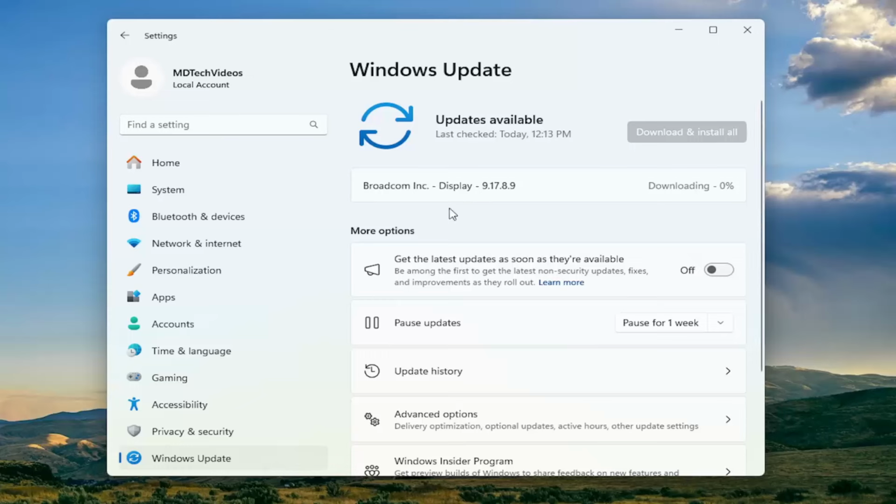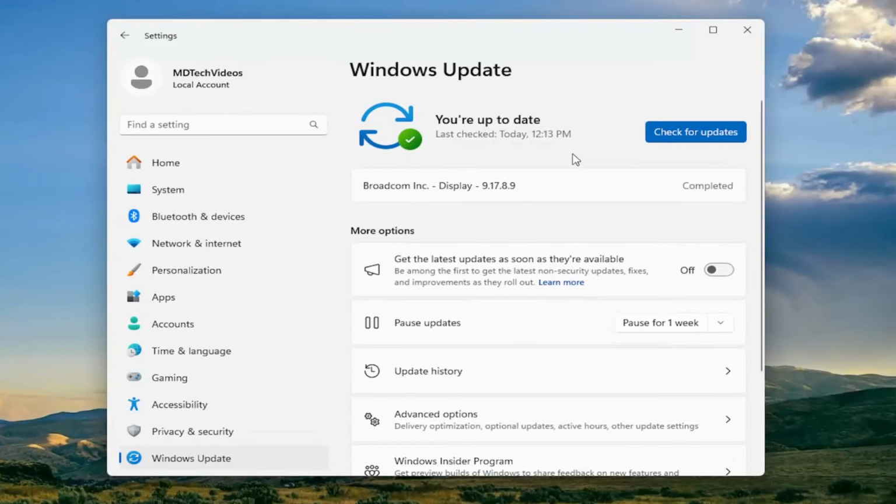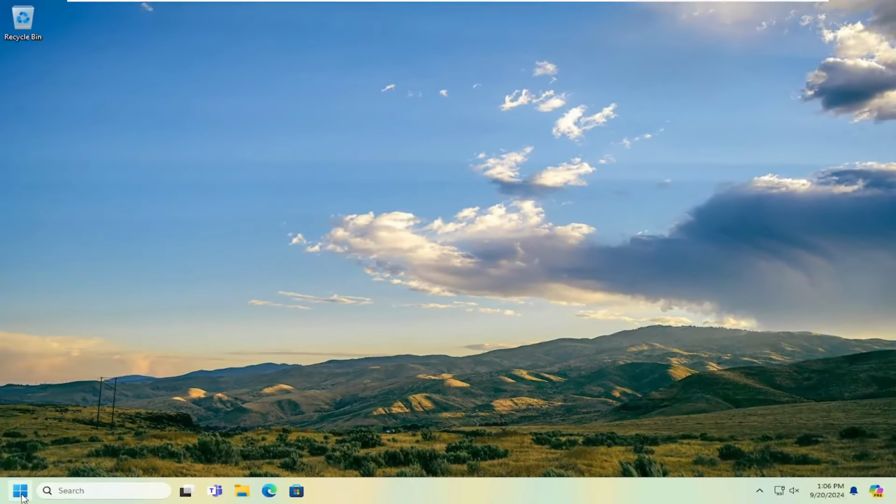We're not going to wait for this to finish downloading and installing, but you guys get the point. So it shouldn't take very long. I mean, it is a display driver, so it shouldn't take more than a couple of seconds, honestly. But there you go. So once that's done, if you close out of here, I would suggest one more thing